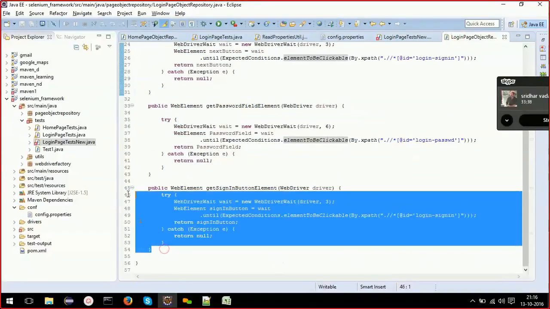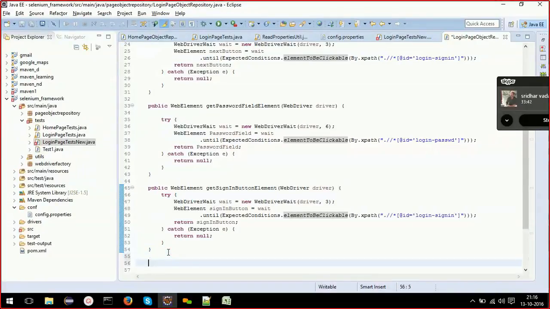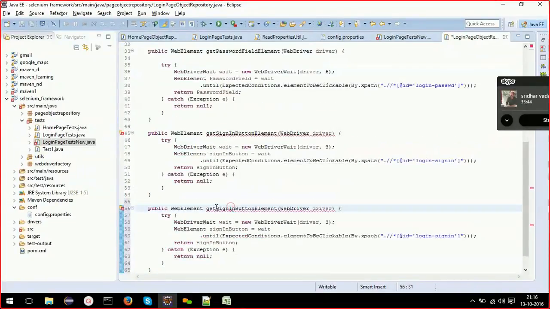If there are 10 elements present in your page, you can add all the 10 elements in your page object repository. So I'm adding a new element, error message element.